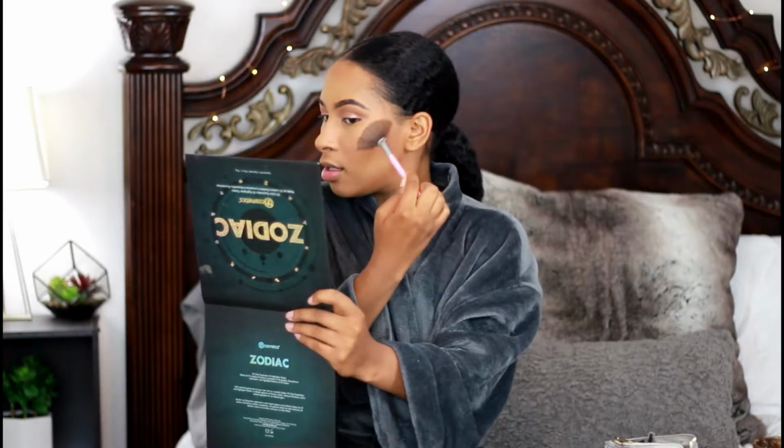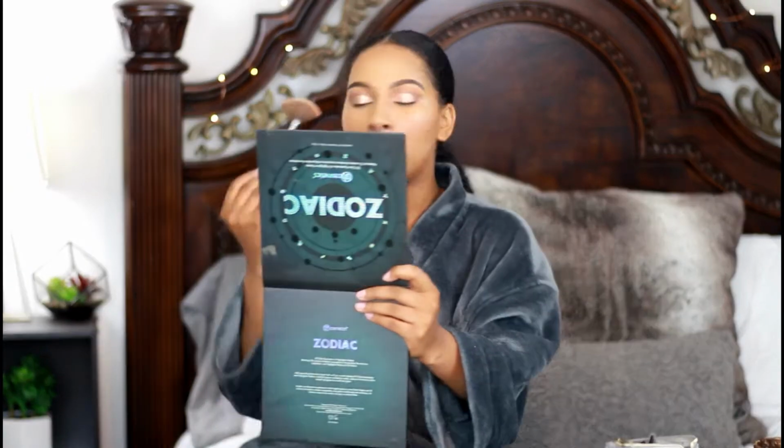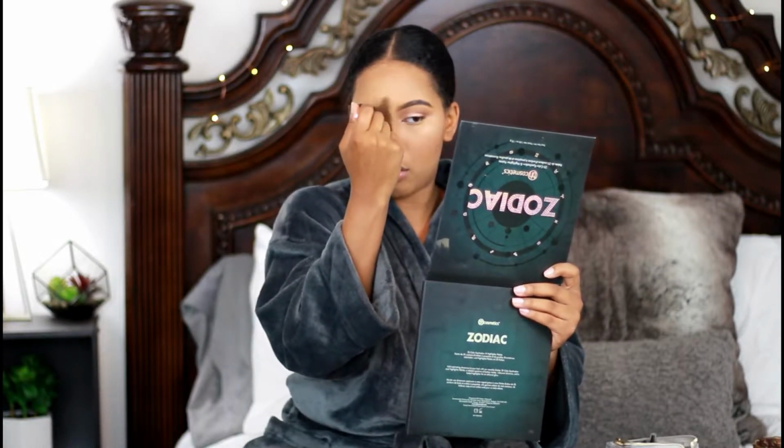So I'm going to go ahead and dip in this very well, like how I did when I was talking. And I'm going to use this fan brush to apply a little bit. That looks nice. Right there. Then I'm going to go back with this fan brush over the tip of my nose. I'm going to take a little bit on my finger and